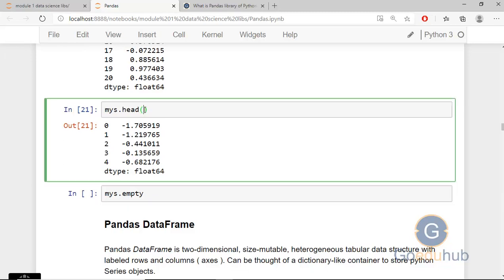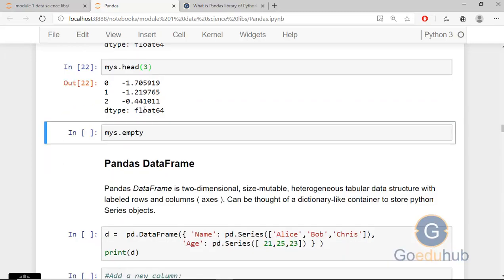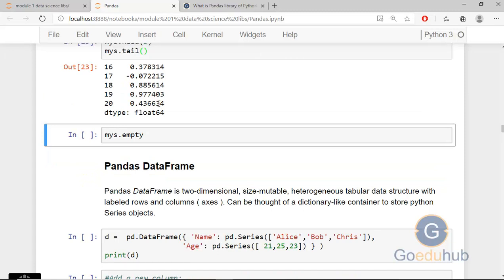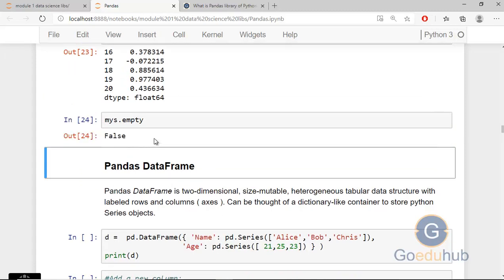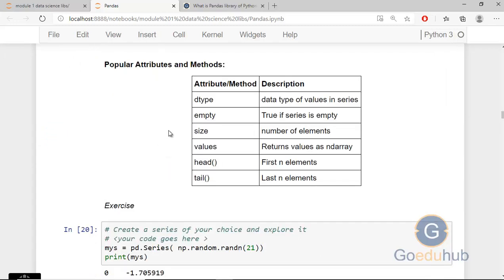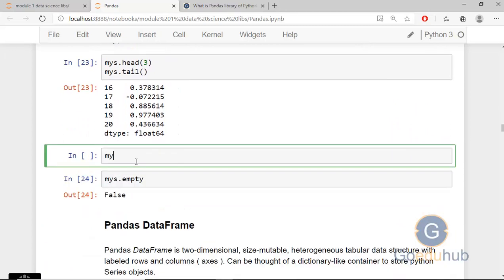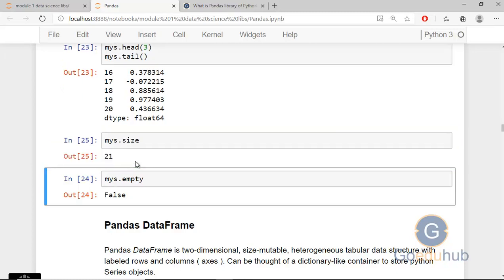And if I pass 3 here, it will give you the top 3 records. Similarly, I can write mys.tail, then it will give you the bottom 5 records. And mys.empty, obviously it will give you false. And mys.dtype we can check, and size also. mys.size should be 21.